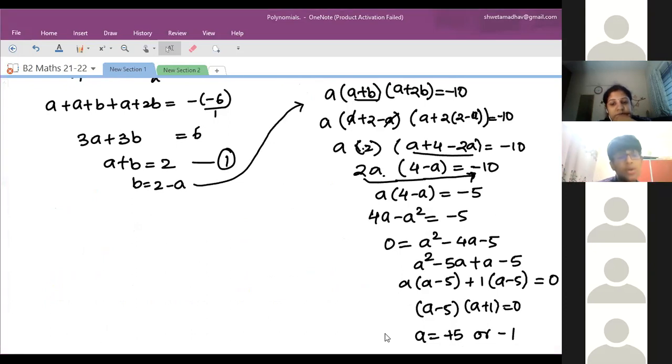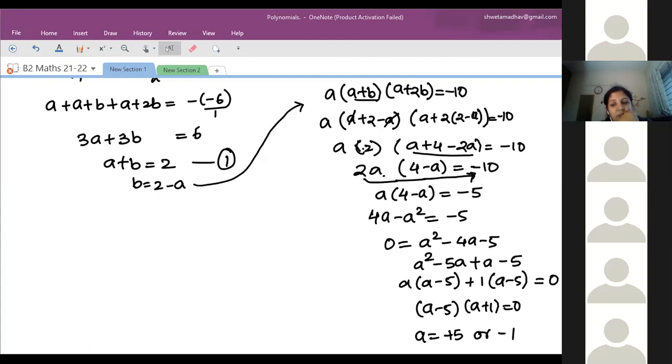Ma'am, I have one doubt. When we are supposed to find the zeros, can we find them for both values of A and B, or only one? Yes, for both values. You will get the same values, because given only one set, it would be the same. Either 5, 2, and minus 1, or the opposite of that. Alpha is minus 1, beta is 2 and gamma is 5. In the reverse sequence you will get the same values.